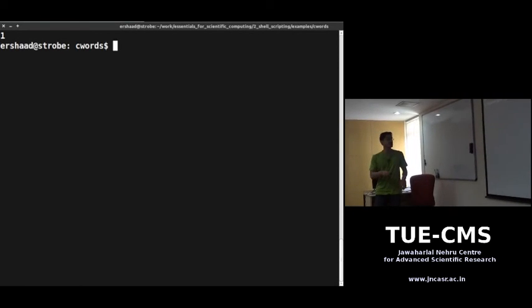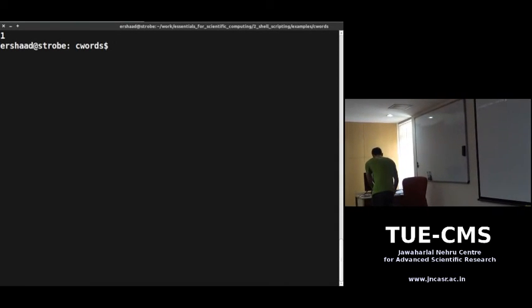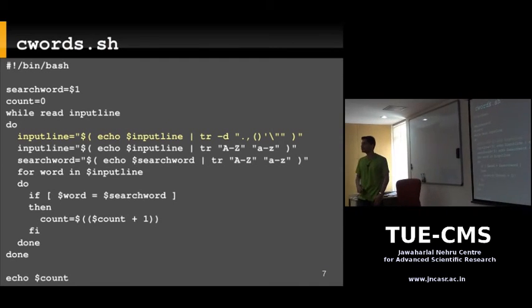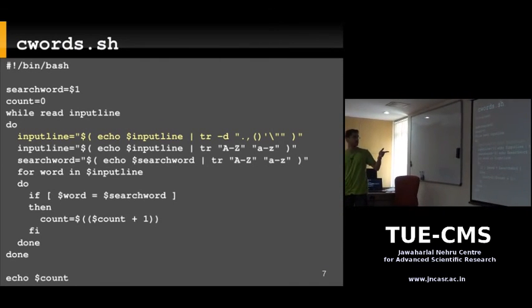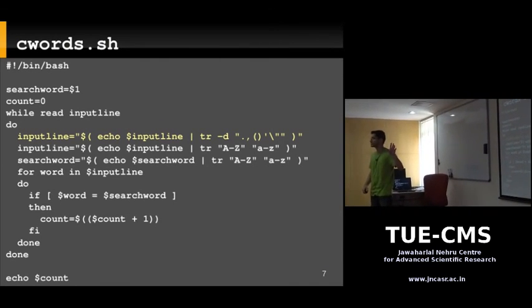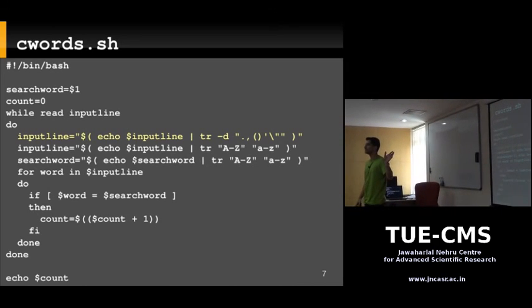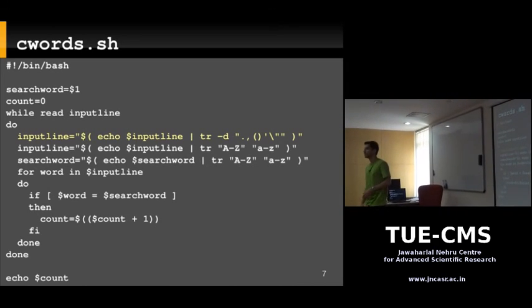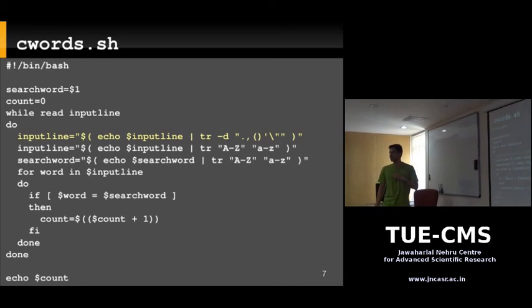This example program is not there in the notes which I will send you. That's because I didn't make it during that time when I was creating the notes. Maybe I'll send you the slides or I'll send you the script file itself in the email. Thank you.